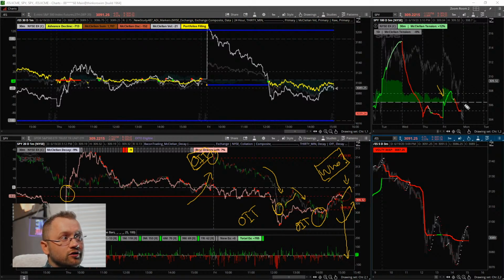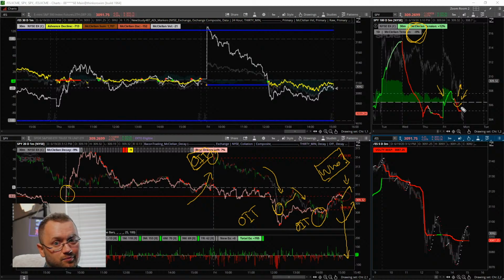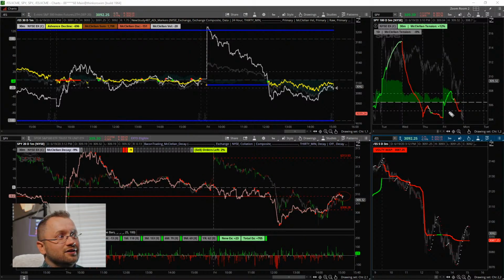The ultimate goal here for the Bears is they need to get this daily tension further. This is pathetic. This is not going to run a trend. This is neutral on the daily. We got a bullish sample that looks to me like the Bulls are coming in. And now we're getting a little bearish sample here on a switchback. The Bears are trying to come in, but they're not getting it back under zero. So I think what's going to happen here is we're going to be moving up, and sampling those Bears is going to give daily tension a chance to rise.